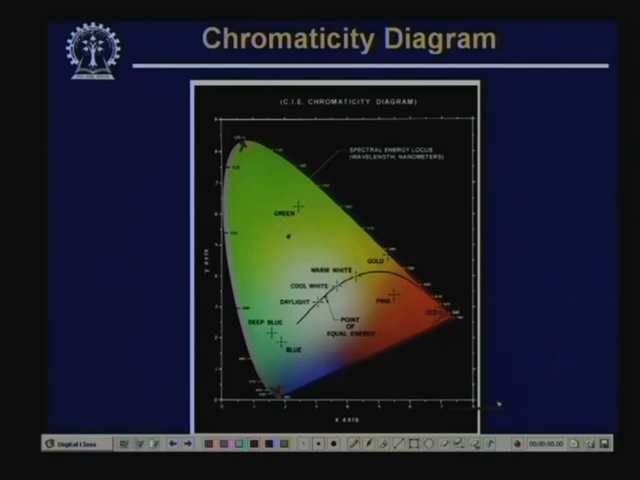So, if I write this as x and this as y, then the blue component z is given by 1 minus (x plus y). So, I can find out how much of red, how much of green and how much of blue, these three components are to be mixed to generate a color which is at this particular location in